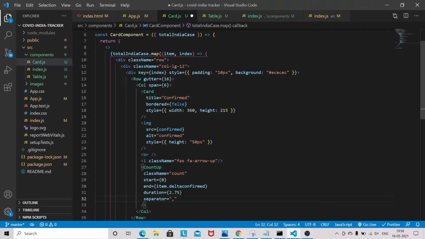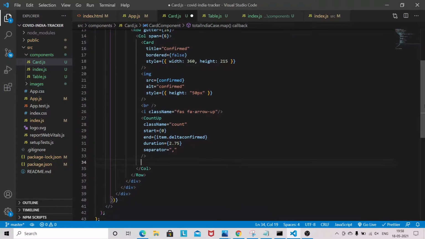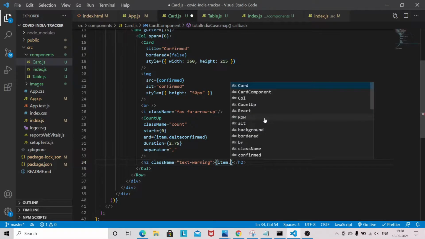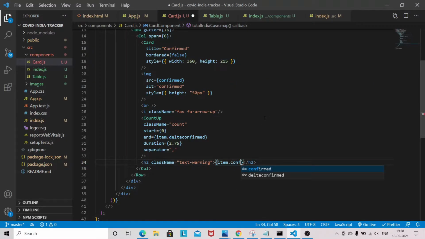Okay, and then we have s2, and class name I'm giving text warning, and this is the total confirmed cases in India basically.